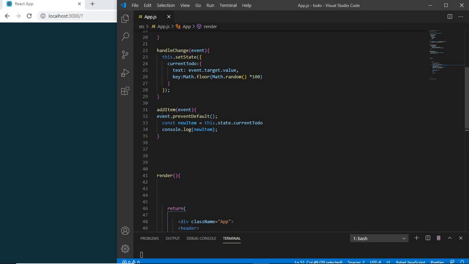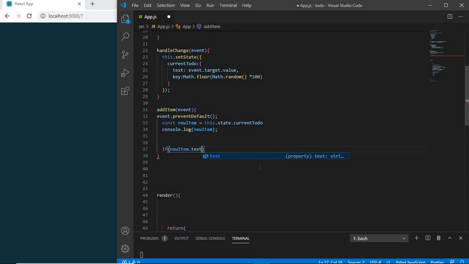Now let's go to add item and make the changes. You can either remove this and delete it, but you can keep it for your console, to check if it's actually coming. Now let's give it an if, and let's say new item, that is what we're taking, that is the current to do that is stored, that is task 1 and some key. It is stored in new item. Now new item dot text, I'm not going to access key, I'm just going to access the text value, and I'm going to check if it is not null, as in if it's a string, or if it is empty. Now if it is not empty,